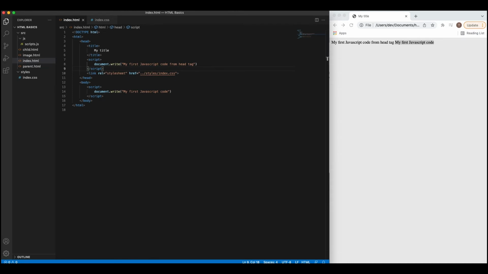Now let's see how we can update the content of your HTML element. For example, let's have a div tag in here and say this is my div. Let's give it an ID, call it div1, and let's save and see how it looks. So that is the div, and let's have a button, and this is going to update